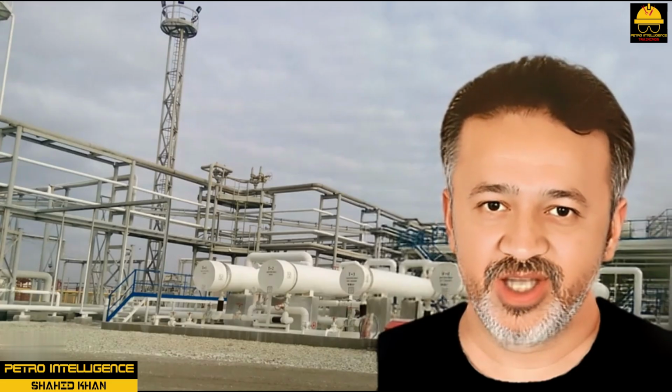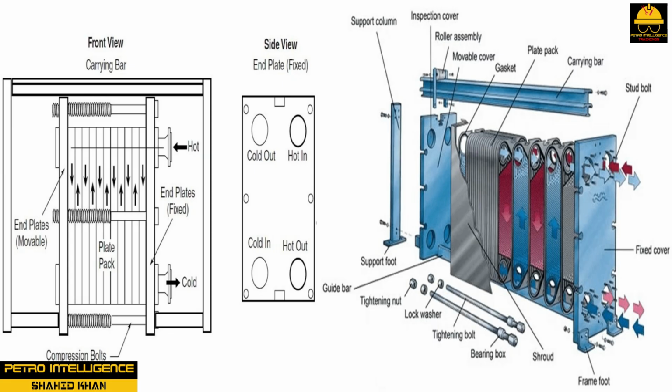Plate and frame heat exchangers. Plate and frame heat exchangers are high heat transfer and high pressure drop devices. They consist of a series of gasket plates, sandwiched together by two end plates and compression bolts as shown in pictures. The channels between the plates are designed to create pressure drop and turbulent flow so high heat transfer coefficients